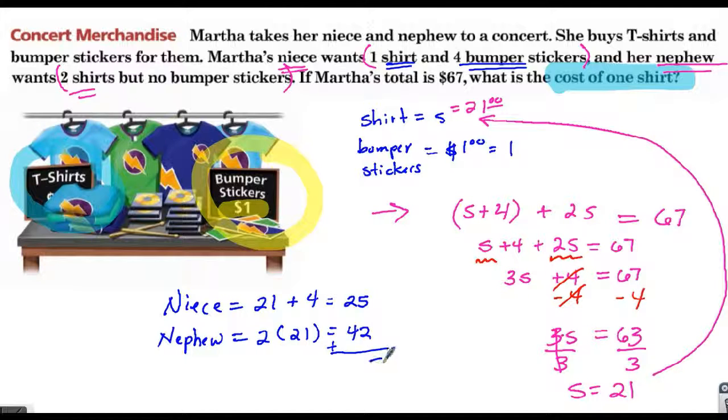Therefore, the value for our shirt is going to be $21. Okay, so make sure you always check your answers when you're looking at word problems. And that's our last problem, and I guess we'll see you tomorrow. So that means that they do add up to 67. So this confirms our answer that it does equal 67. So whenever you're doing these word problems,